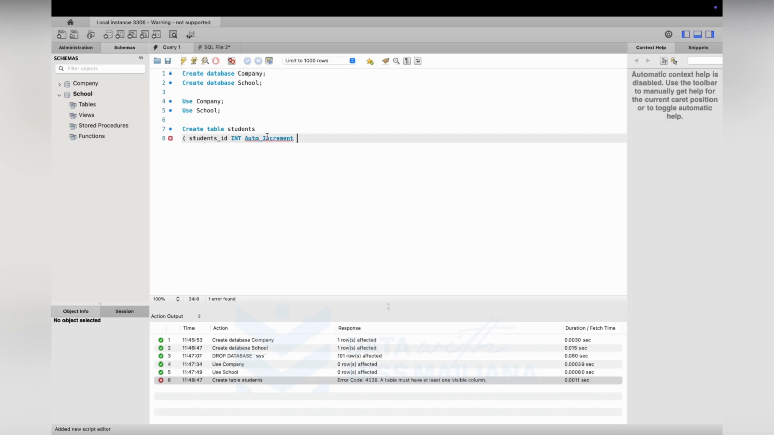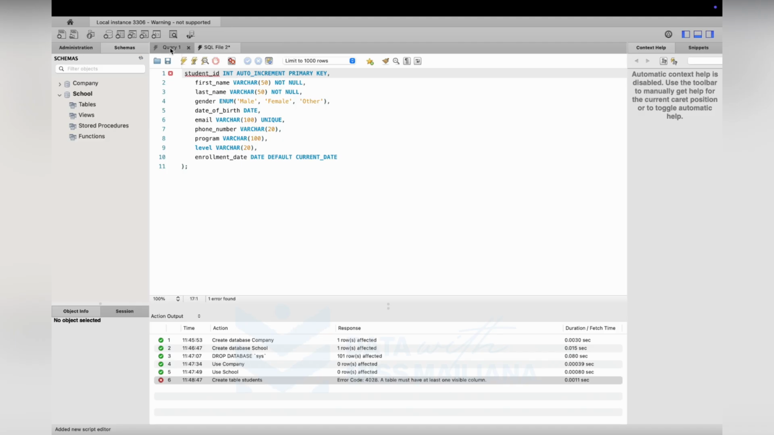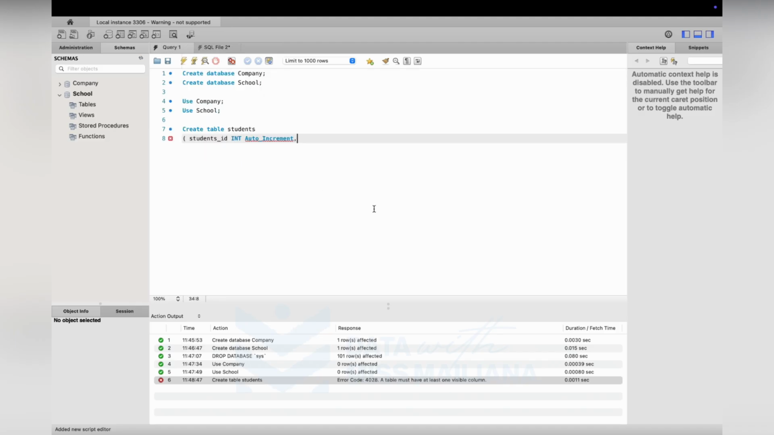All right. It's telling me error. Okay. It's missing something. All right. We have a comma. Okay. All right. So now we talk about creating a table, and I am just going to